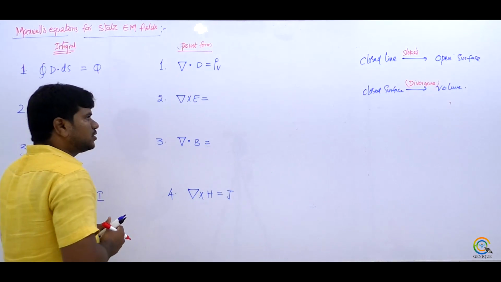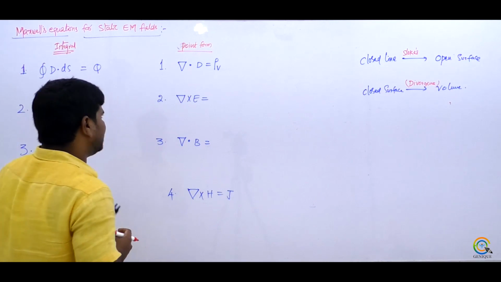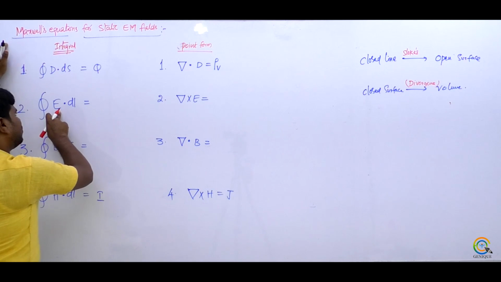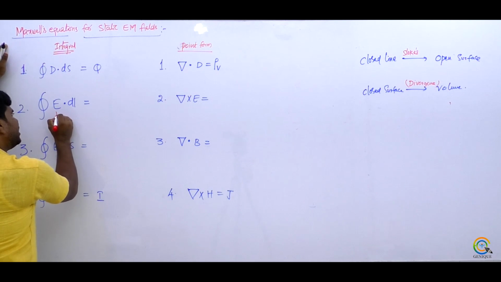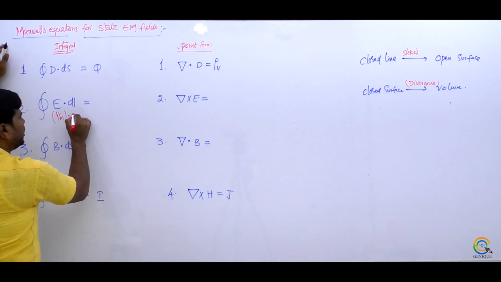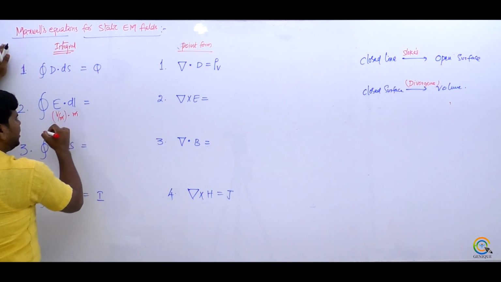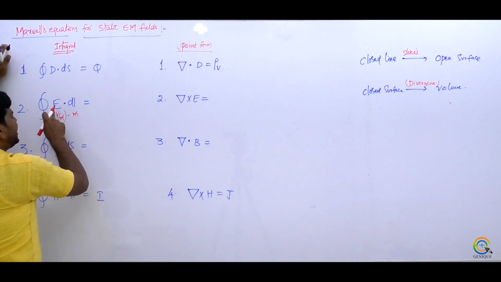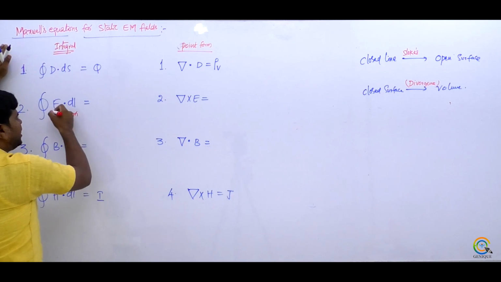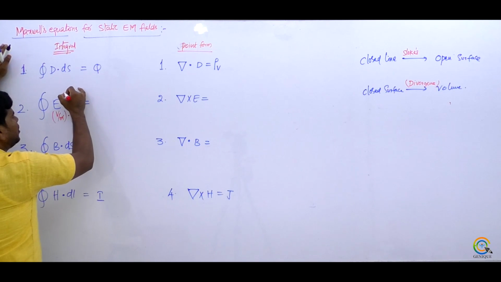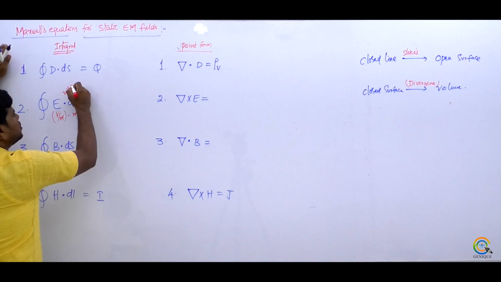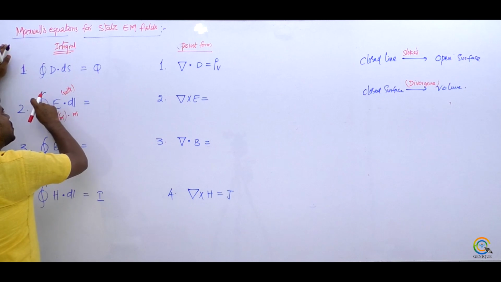Okay, so why is work done in moving the charge? Observe this: it is the electric field intensity. What are the units? Volts per meter. The meter will get cancelled. The closed line integral of E dot dl, what are we getting finally? We are getting volts. So within the closed loop,